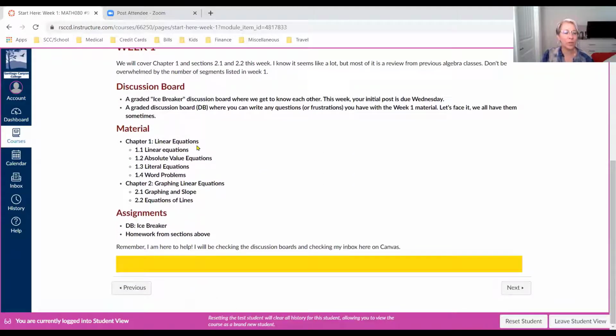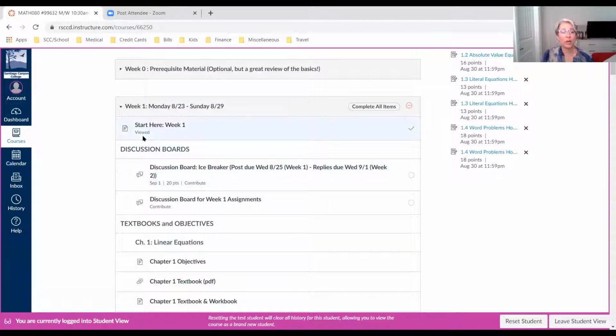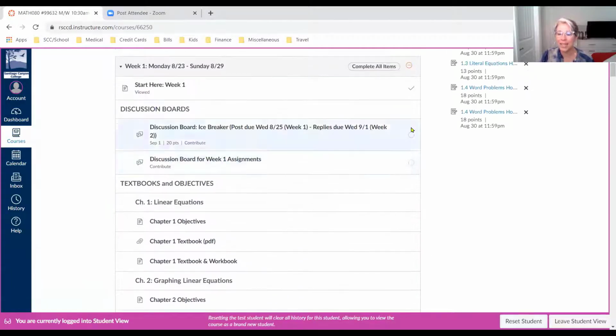Here's the discussion board. Here's the material we're going to cover and the assignments that you have. So when we go back to start here week 1, view became viewed, past tense, and we get a check mark. So you can always look for these circles on the right-hand side of every module of things that you absolutely should do or need to do, such as contributing to this discussion board.